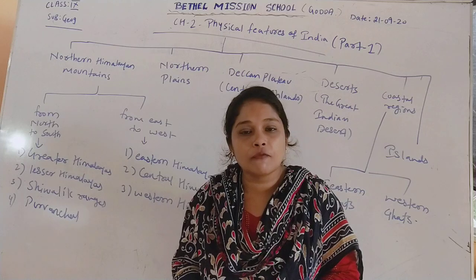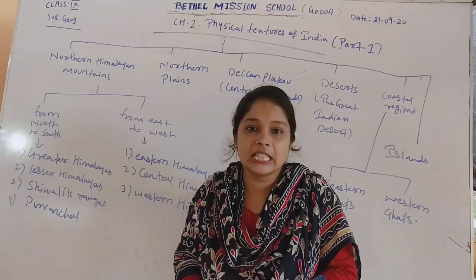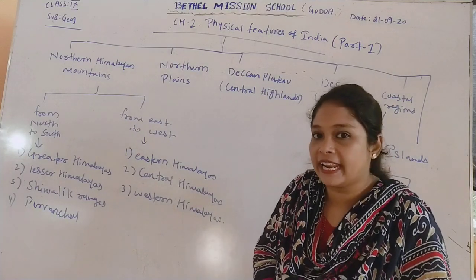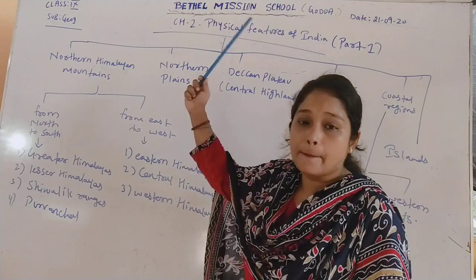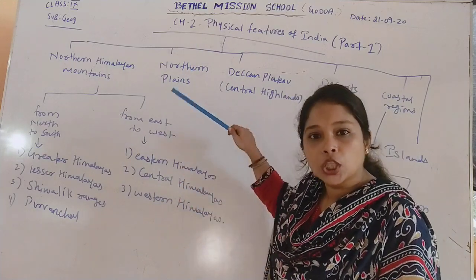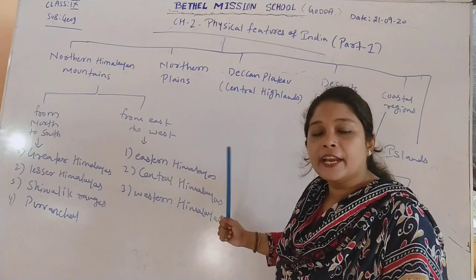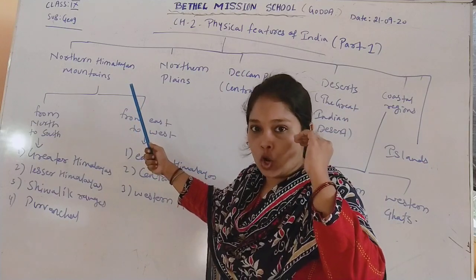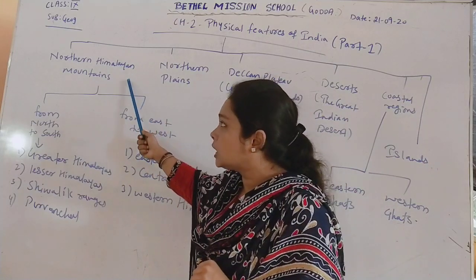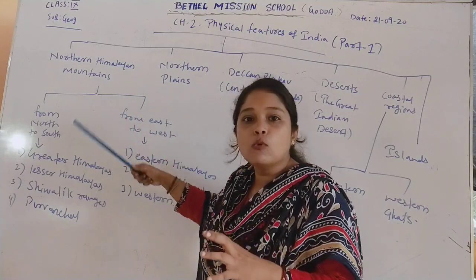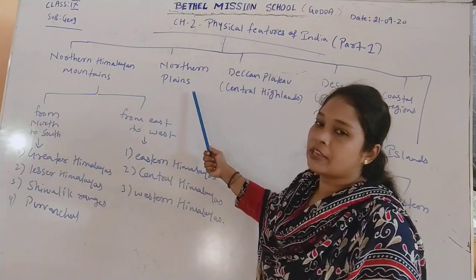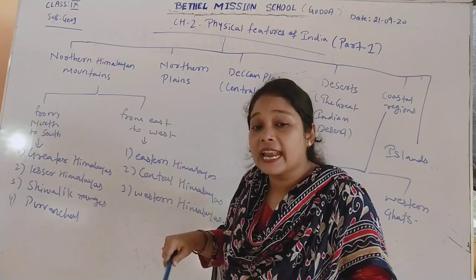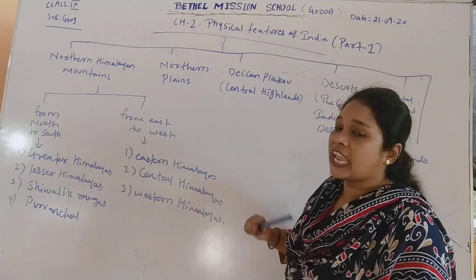Now, physical features of India or physical division, we can say that India's landmass is physically divided into 6. That is from upper to lower. If you see from north to south, India has been divided into 6. At the very topmost northern part of India, we have the northern Himalayan mountains, that is mountain regions. After that, we have the northern Indian plains. That means a plain region, a plain landmass area. Then we have the Deccan plateaus.